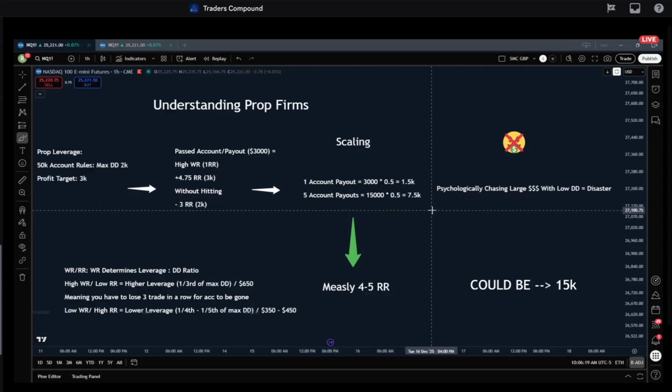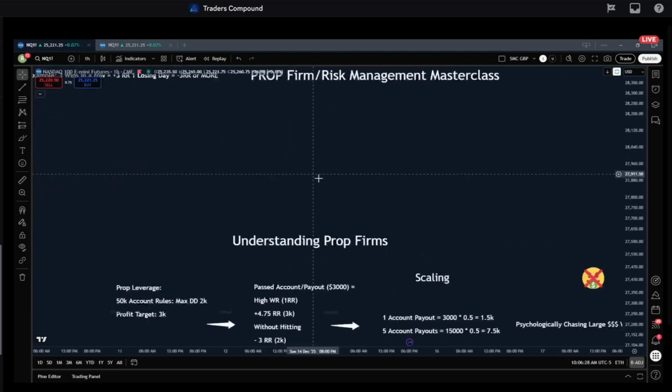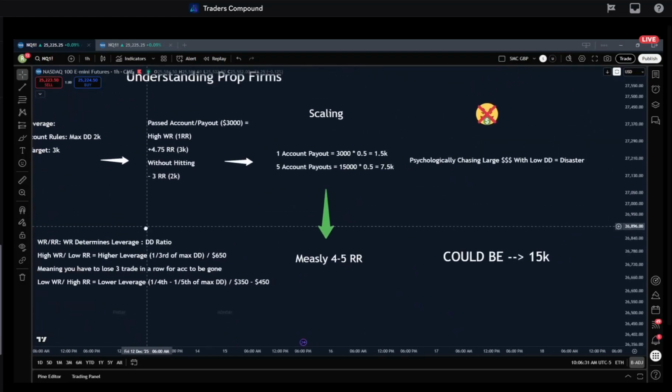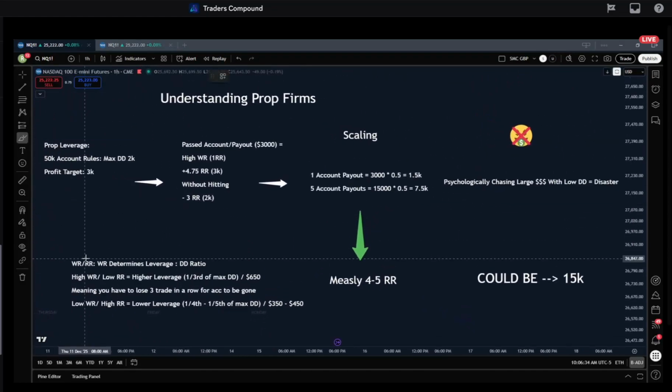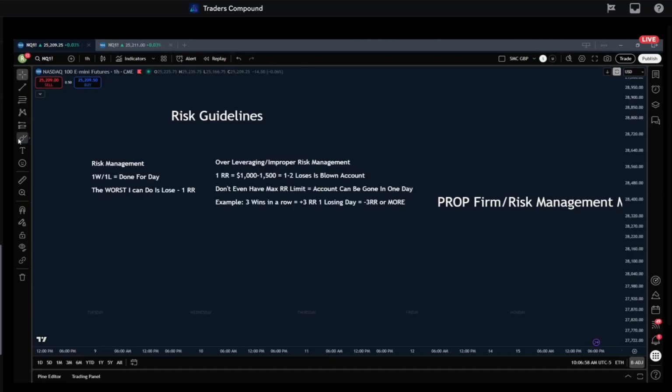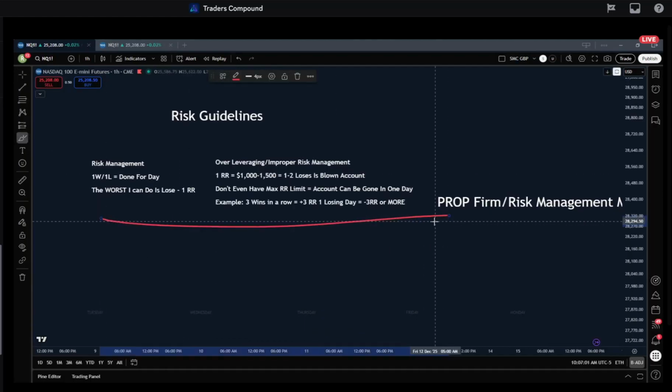So for those of you maybe intimidated by this, being like, Ryan, holy shit, this is a lot, tying in risk and the process, it looks like a lot, it's going to take too much time. Well, the fixes that can be made are very, very simple. Reflecting on today, look at your max drawdown for your prop firm account. If you're trading a fresh 50K, know what my risk is. Say, okay, Ryan trades with a $650 max loss limit. Congrats, we've just fixed our understanding of risk management, because now I'm going to trade the same risk that Ryan does, and follow the same exact rules. That's not intimidating. We just changed that.